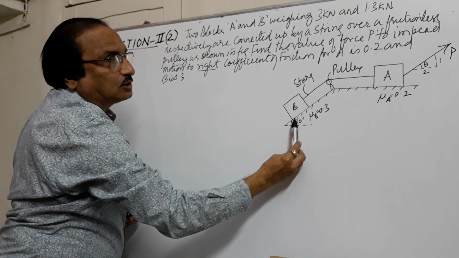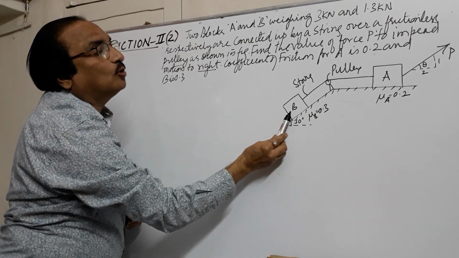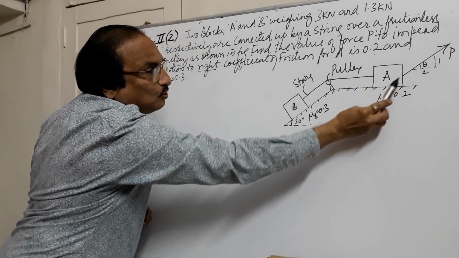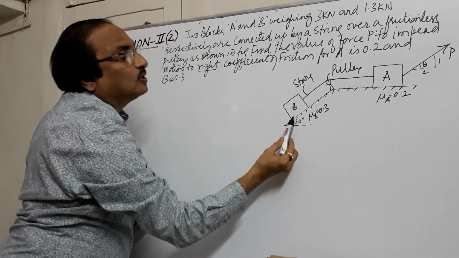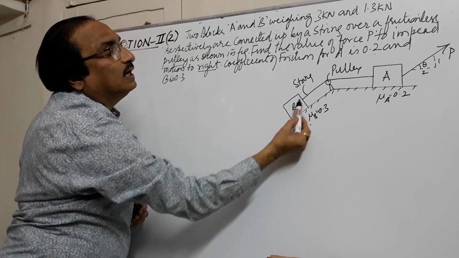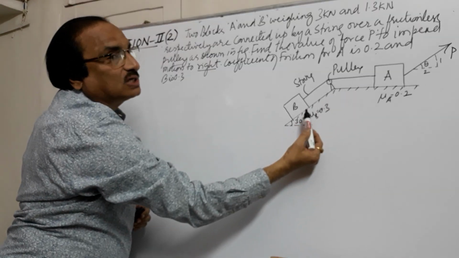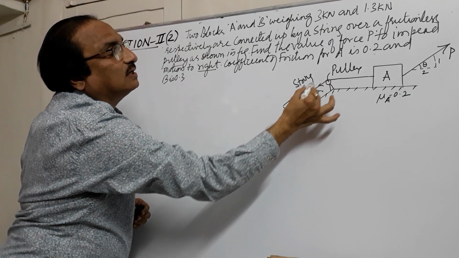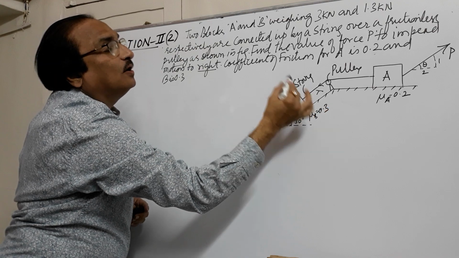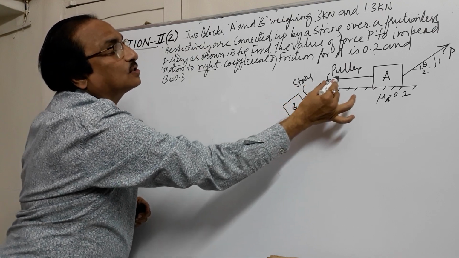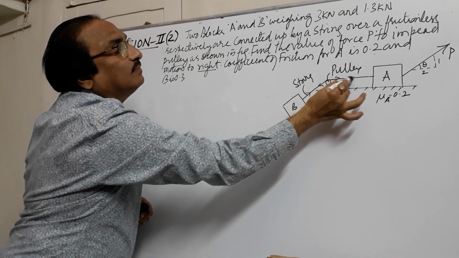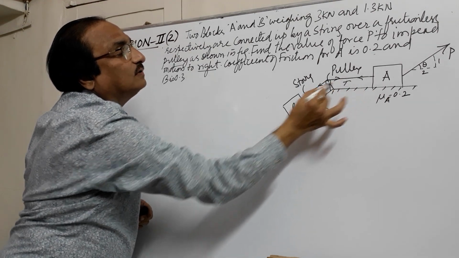We have got two bodies. So you should begin with this body B because you are required to find out P. You cannot go directly to A. So let us go with the body B. This is the string and we know strings are subjected to tension. If I call T the tension on this side of the pulley, we know whenever a string passes round a pulley, the tension will remain the same on the other side of the pulley, T.